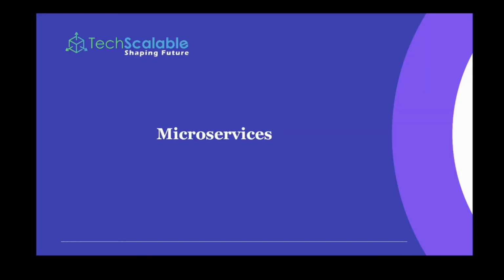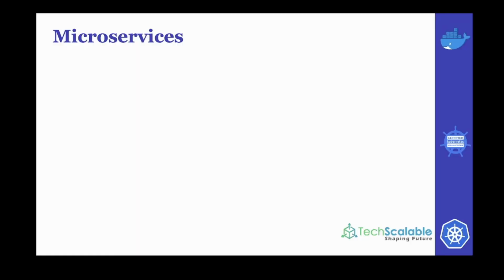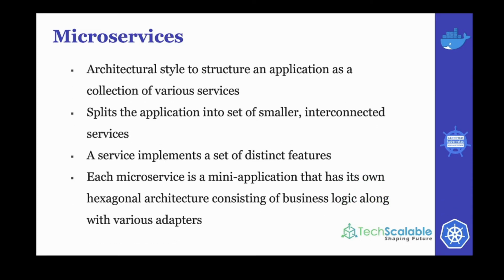Today we will understand what the terminology microservices means. Microservices is nothing but a way of architecting our application. The way we structure the application into multiple services, we would be breaking our Food To Go application into smaller and interconnected services. In the last video, we understood that our Food To Go application constitutes an order management service,